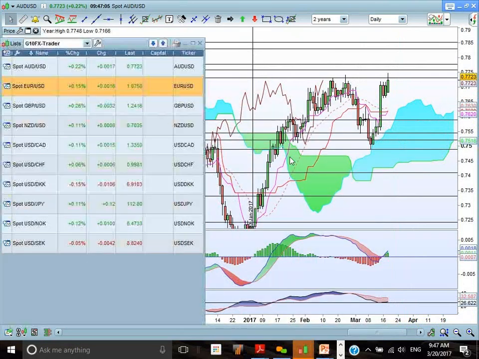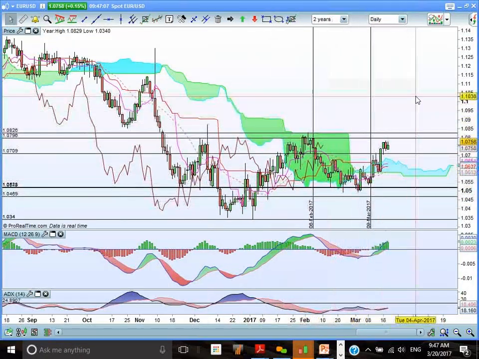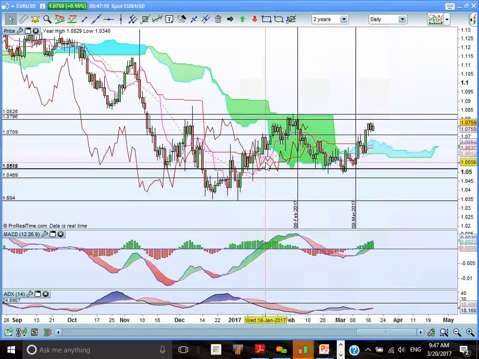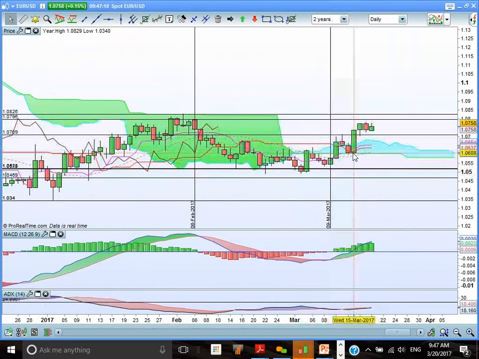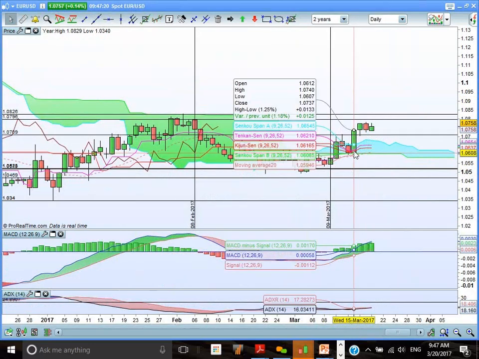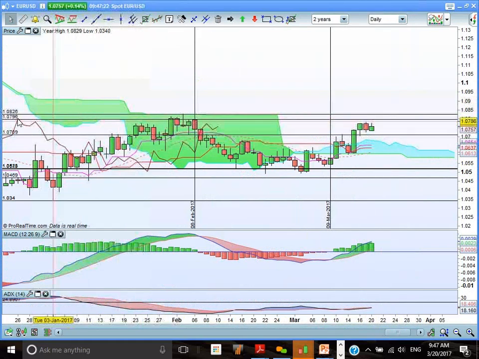The Euro US dollar. Yeah, we've had a successful rebound from old cloud chart support levels below the cloud. Then it rebounded past cloud chart resistance, rebounded from cloud chart support within the cloud, and we're now back up testing the old highs of 107 and 108. These are the old cloud chart resistance zones. So we need to see a significant breakout past these 07, 08 zones for me to be particularly interested to remain long. So I'll be looking at taking some profit off the table since the MACD buy signal